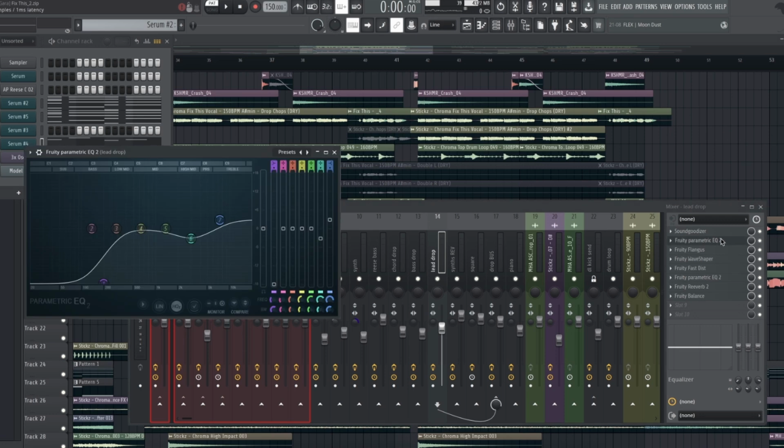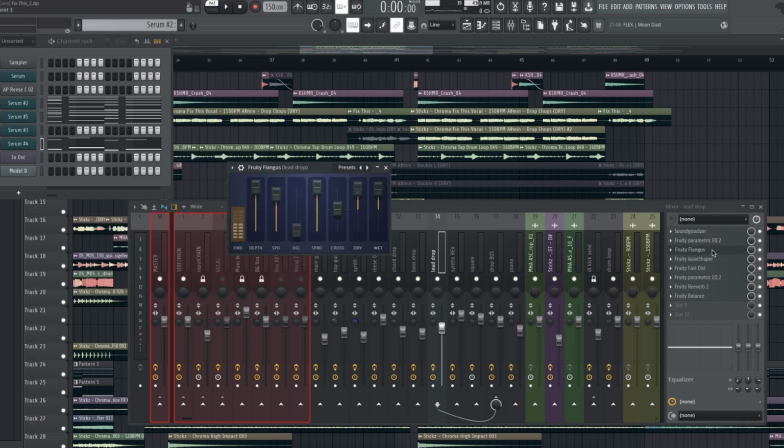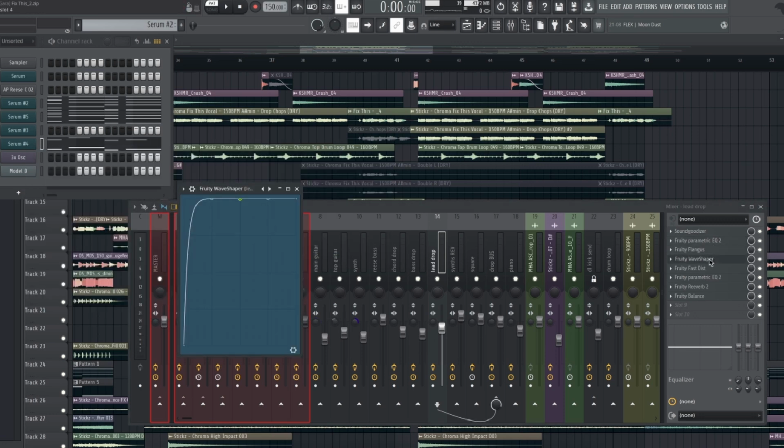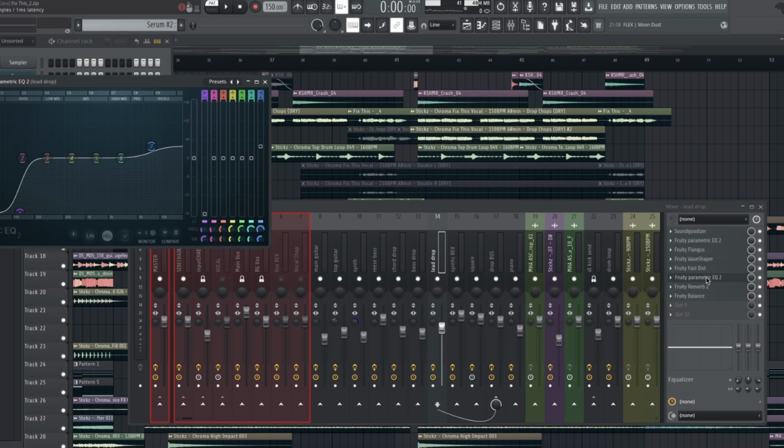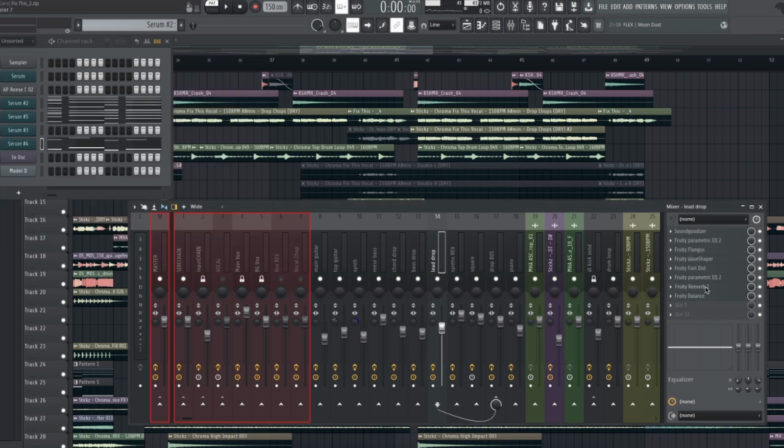Sound goodizer, equalization, some flanging, wave shaper to crank the amount of distortion to the absolute max, another distortion, some touch-up EQ, reverb, and then cranking that all the way down because that thing is super loud. Like, I need to hear it, not to destroy my ears. And then with all of that together,